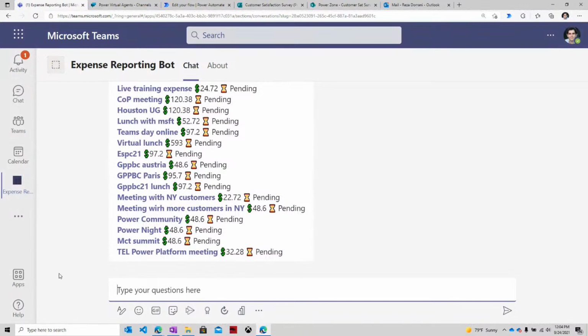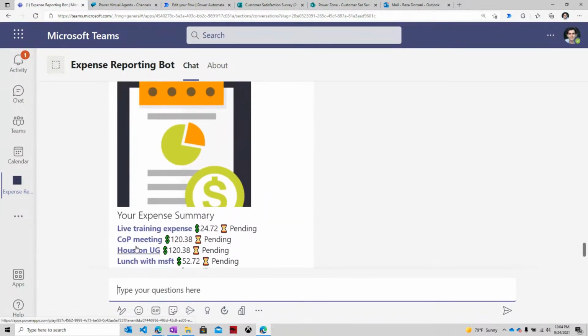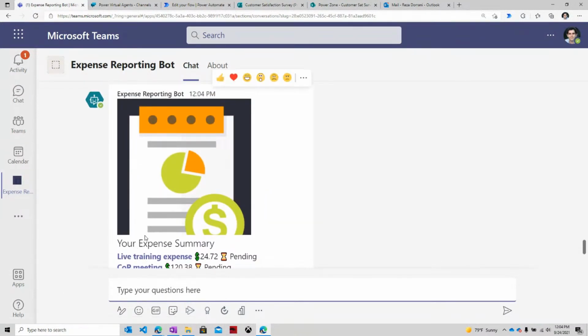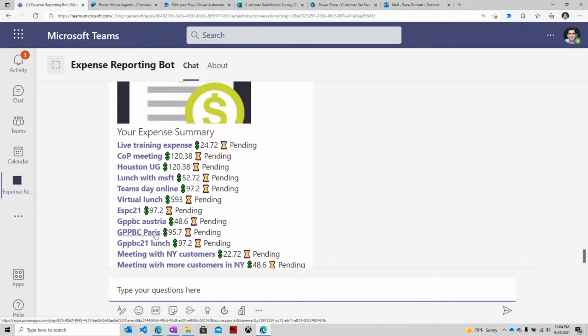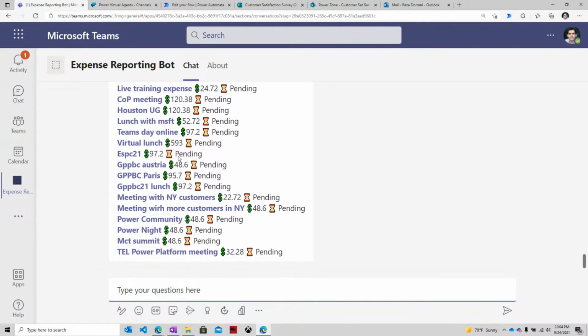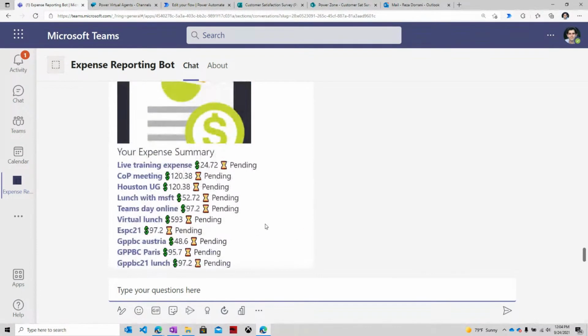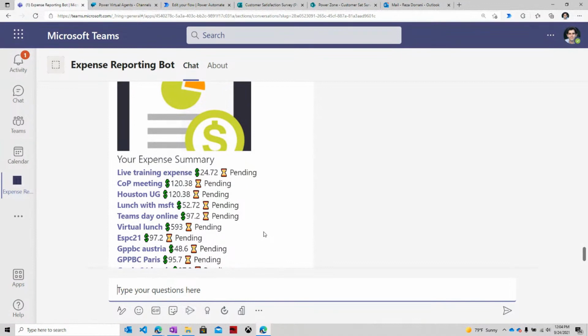And that's exactly what it did. Go and query my database to check all the expenses that are greater than $20 and the status is pending. That's exactly what the bot did through Power Automate. If you observe the dollar amounts here, they're all greater than 20 and the status is all pending. So these are the kind of amazing experiences you can